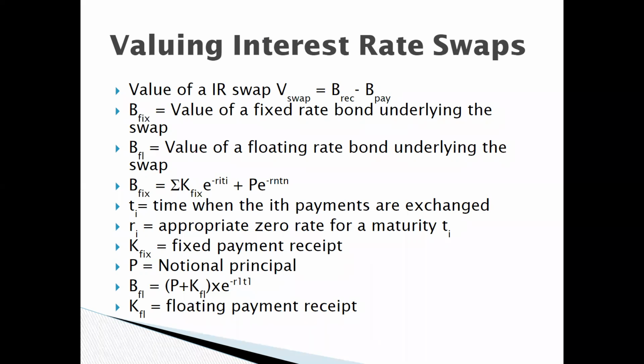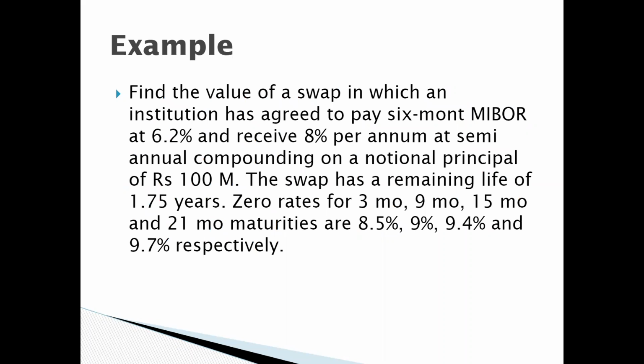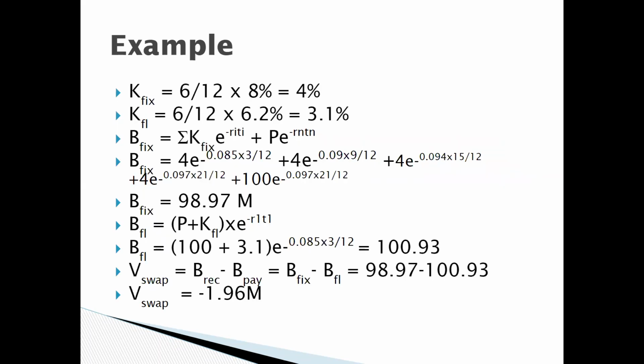So here is an example of that. This is the formula for finding the value. This is just for your information. So again, if we have a swap between fixed and floating rates, zero rates or zero coupon rates basically on the bonds, then you can value the floating rate bond, value the fixed rate bond, and find the difference as paid minus received, or received minus paid. So you value the fixed bond, value the floating bond.